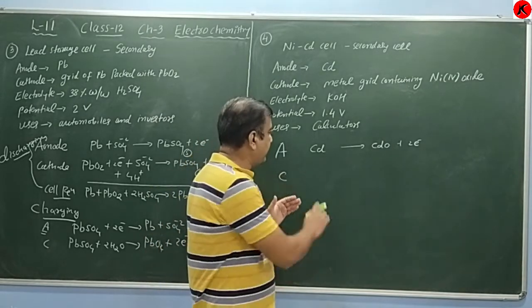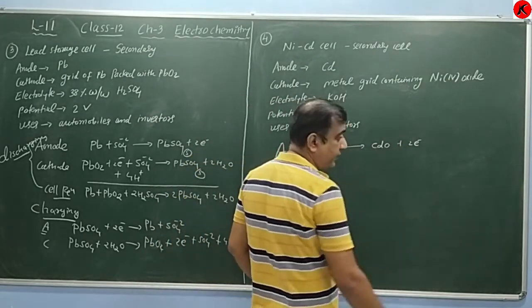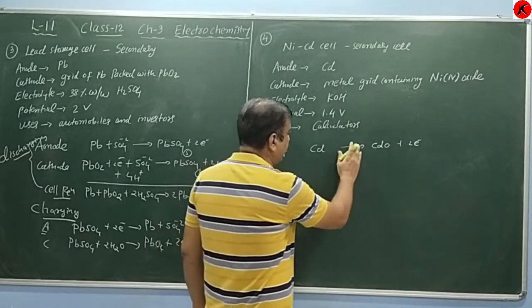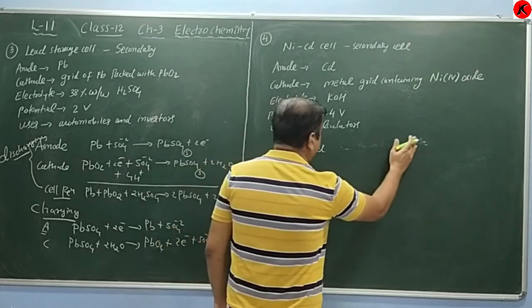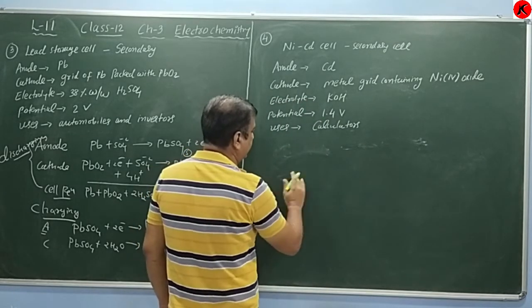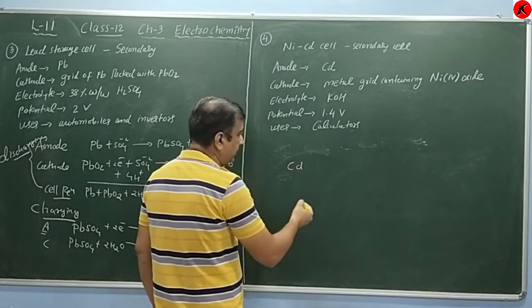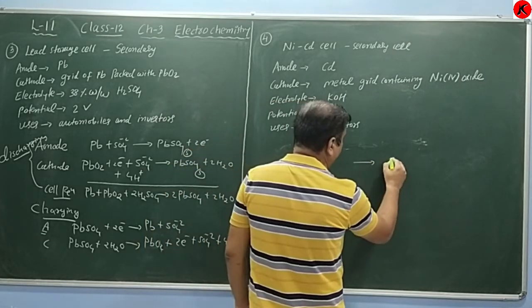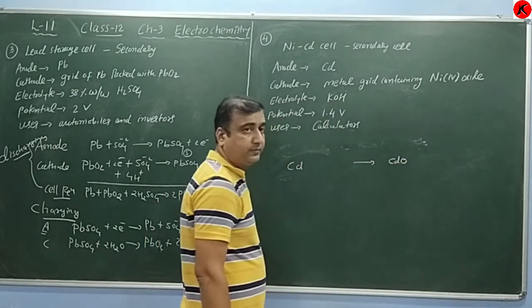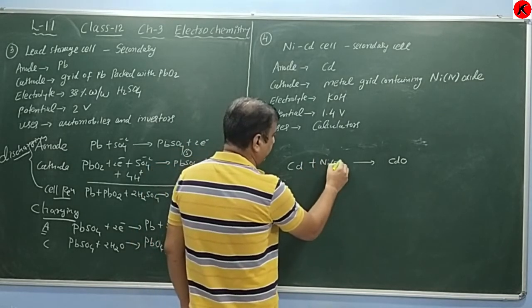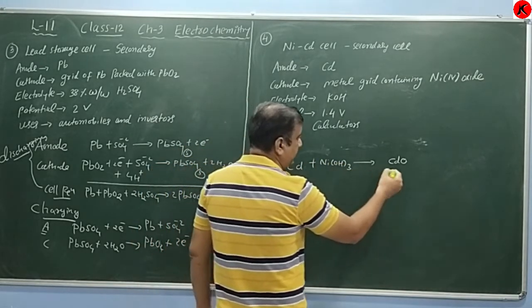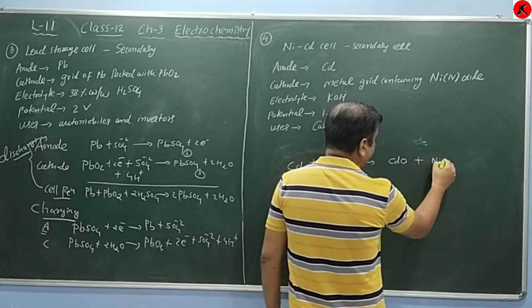That means directly, remember Cd is converted to CdO. That means we can write directly this reaction during this cell reaction. This is Cd. Cd is converted to CdO, and this nickel at the cathode is converted to